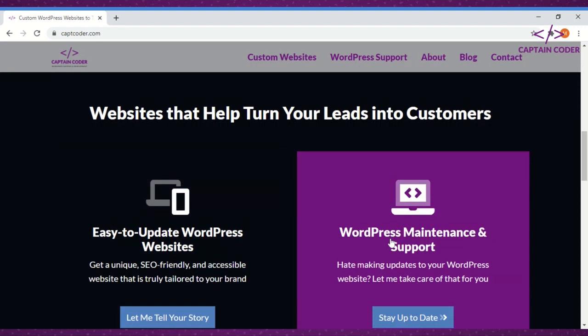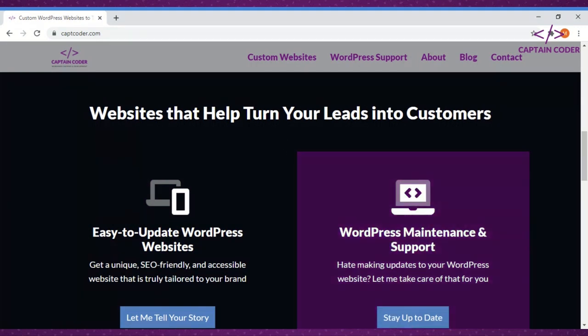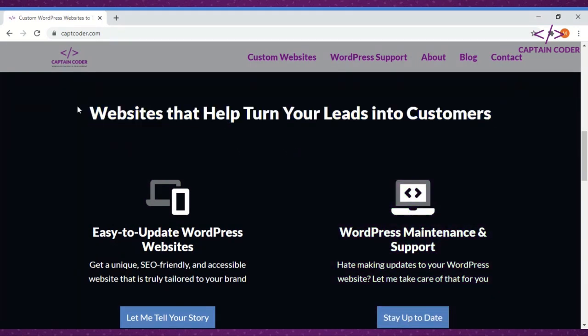So each of these denotes a subsection of this section. Each of these headlines have not only keywords that I want to be found for, but also focus on the benefit I provide my clients. Now, if I were to look at the code,